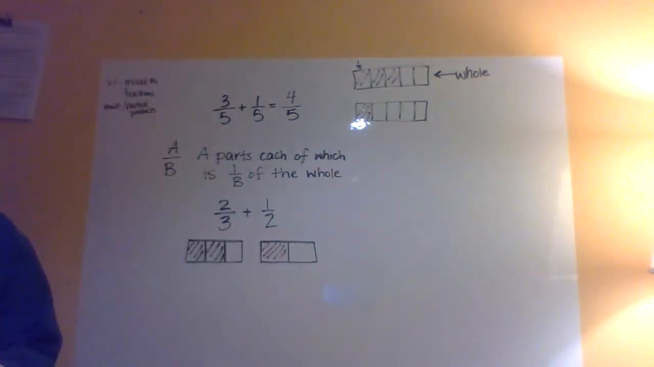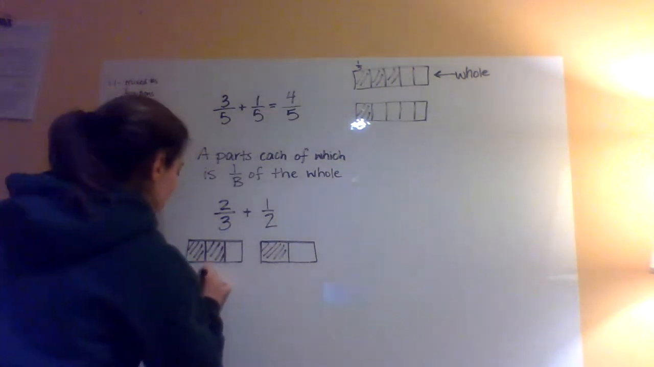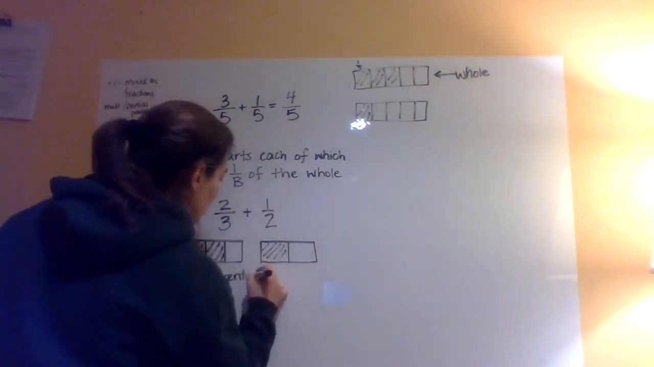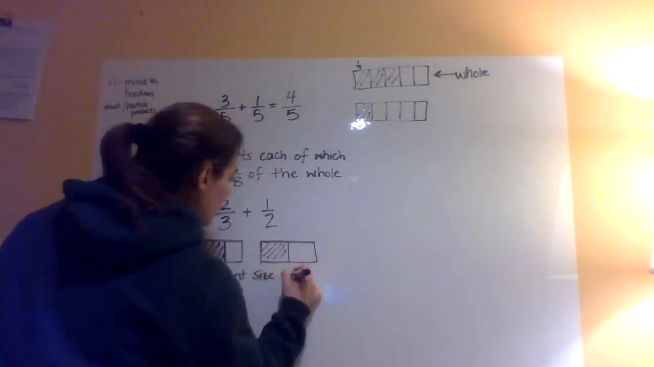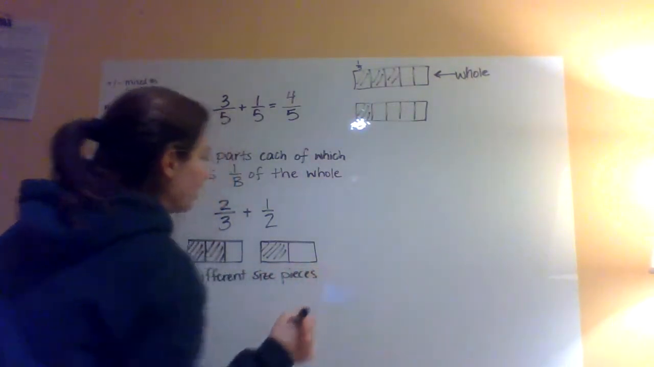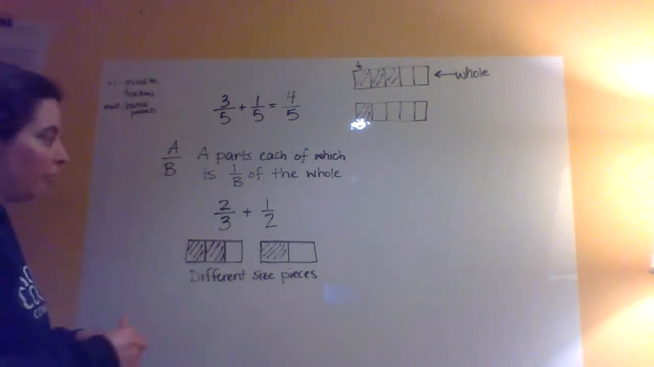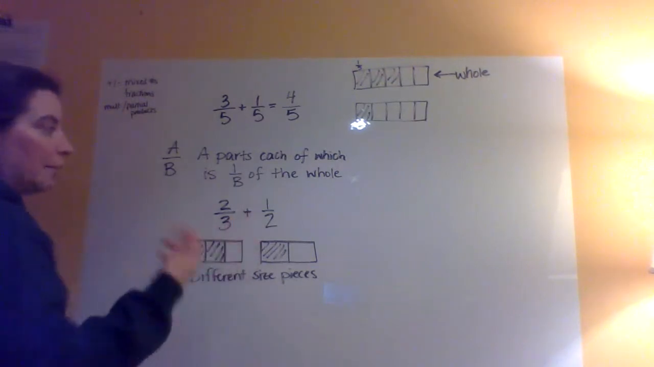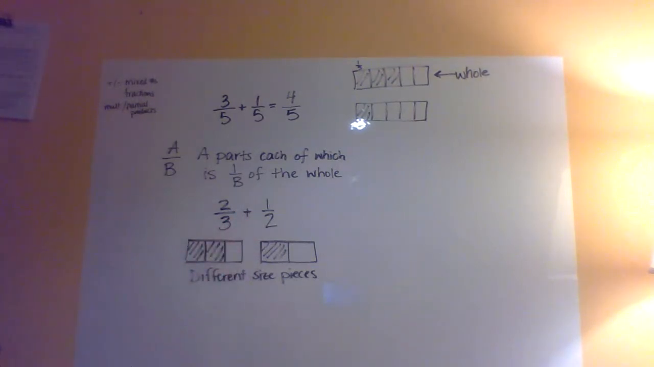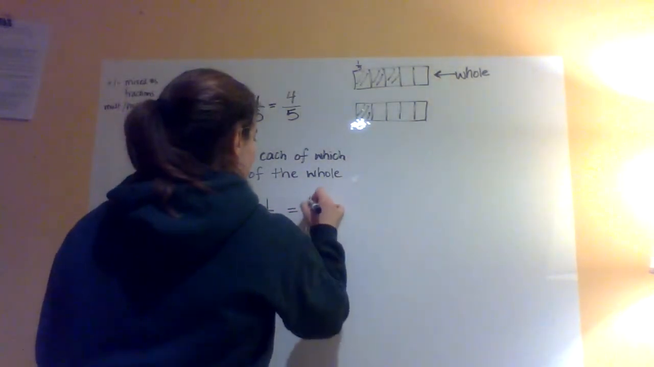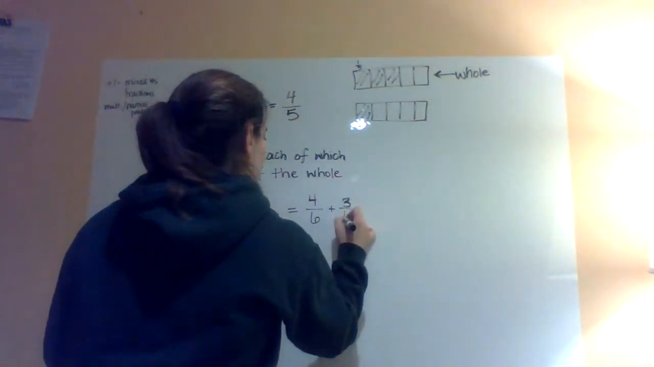Right here, these are different size pieces. So physically, when we're changing to common denominators, what we're doing is making it all the same size pieces so we can add them together. So obviously our common denominator here is going to be 6. So if we were to change this and say, okay, we have 4/6 and 3/6,